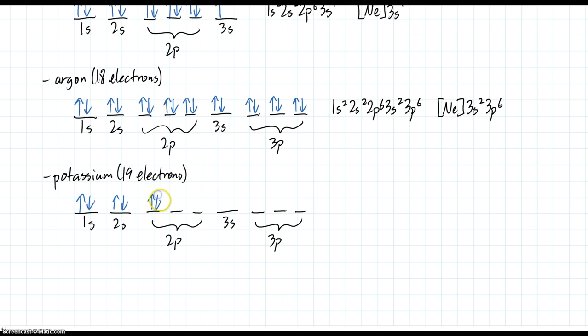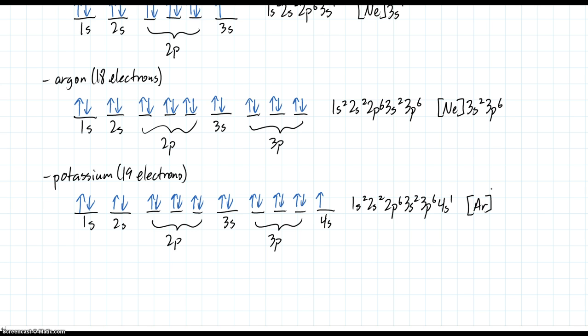But remember that if we follow the diagonal rule, the next sublevel that gets filled after 3p is 4s. And so we do not get to 3d until afterwards. We next go to 4s, and we add that last electron as a spin-up electron. The longhand notation would be 1s2, 2s2, 2p6, 3s2, 3p6, 4s1, or in the shorthand notation, it is the argon